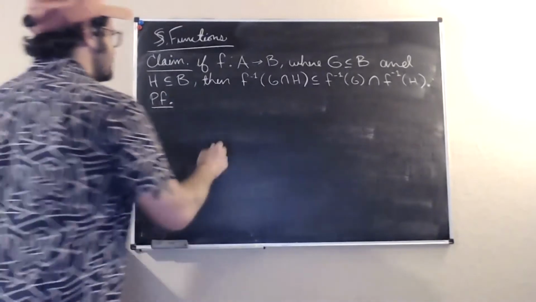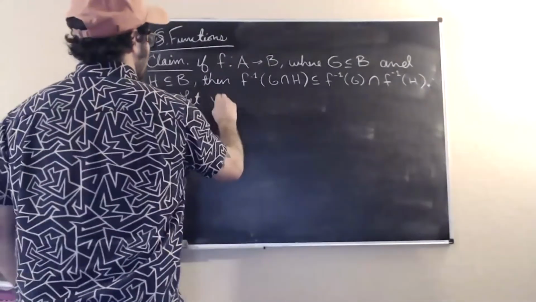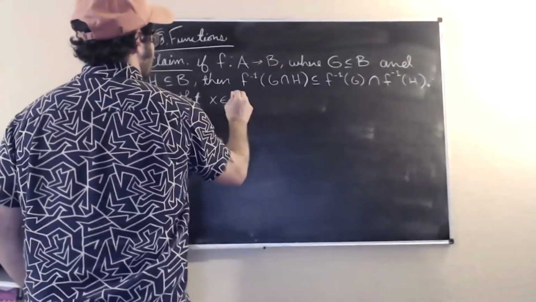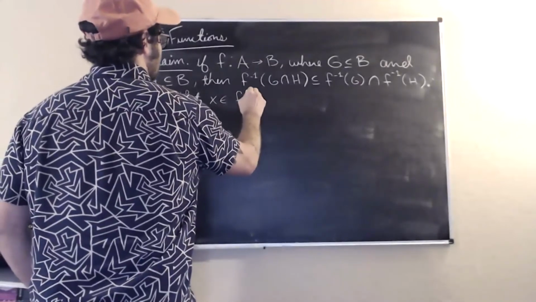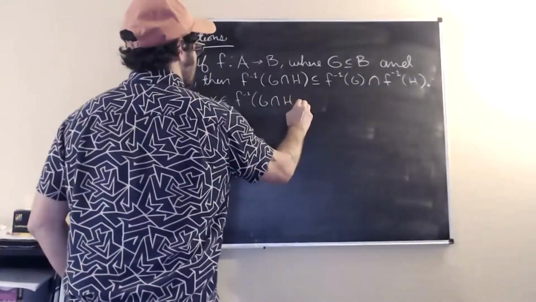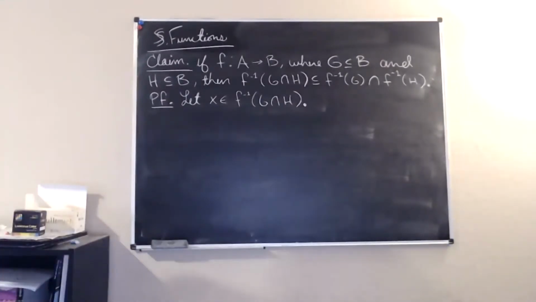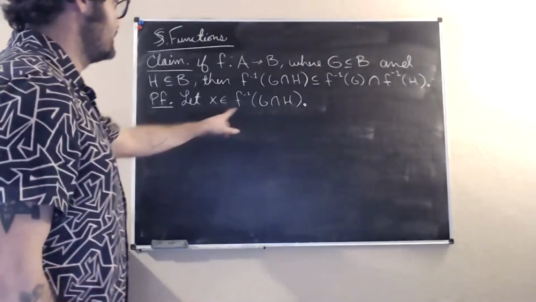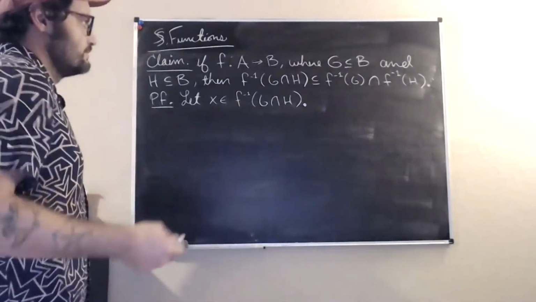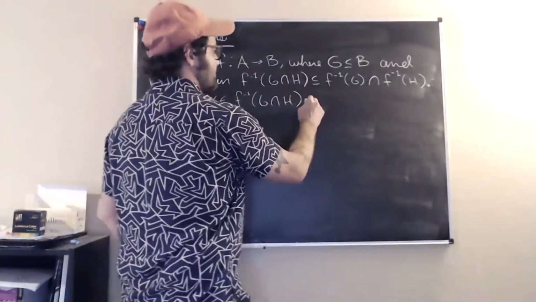Let x be an arbitrary element of the inverse image of G intersect H. Now, if it's in here, then we have a definition. So what is this set? Well, this is the set